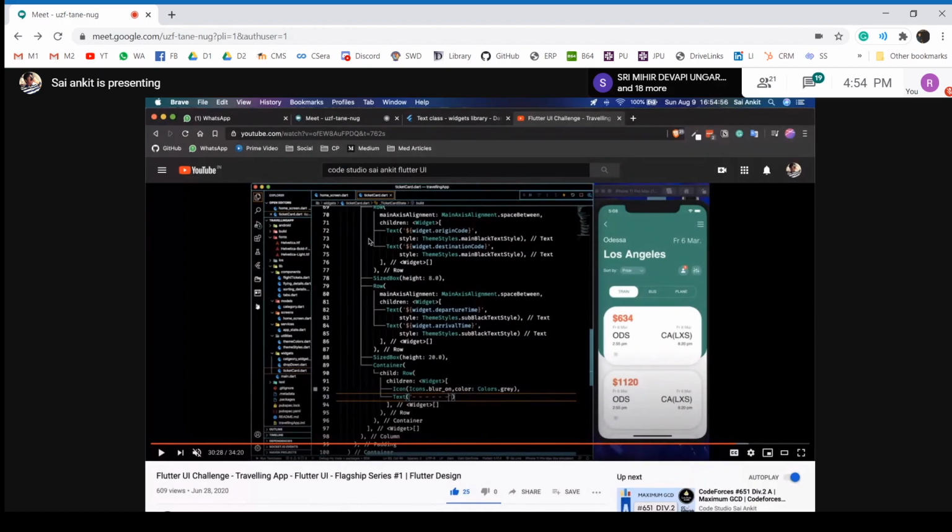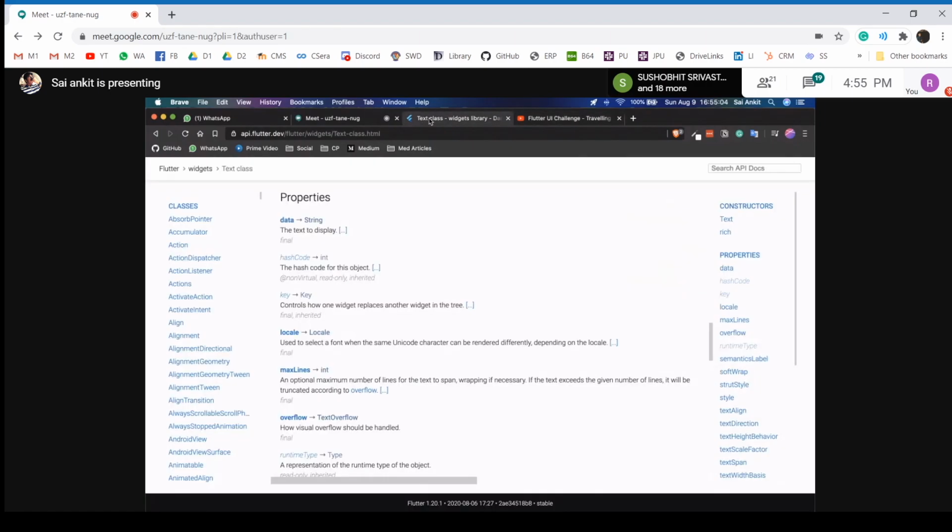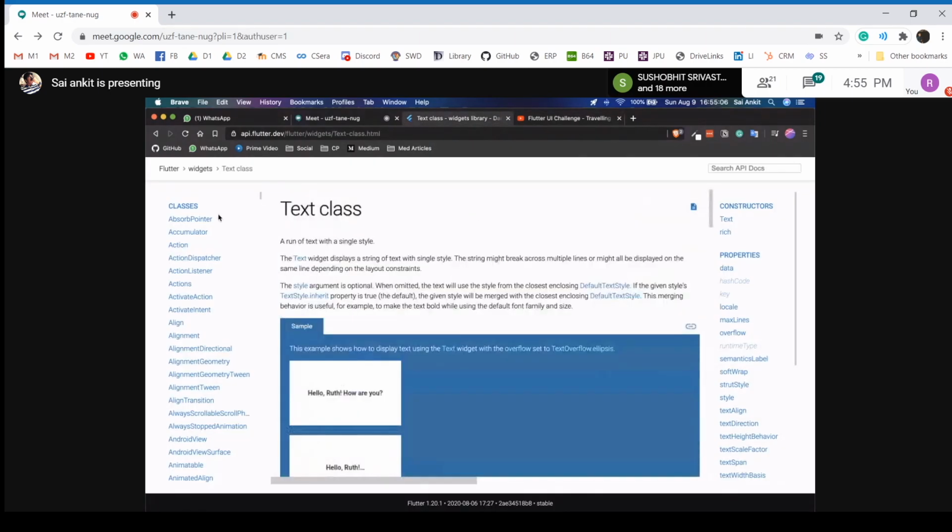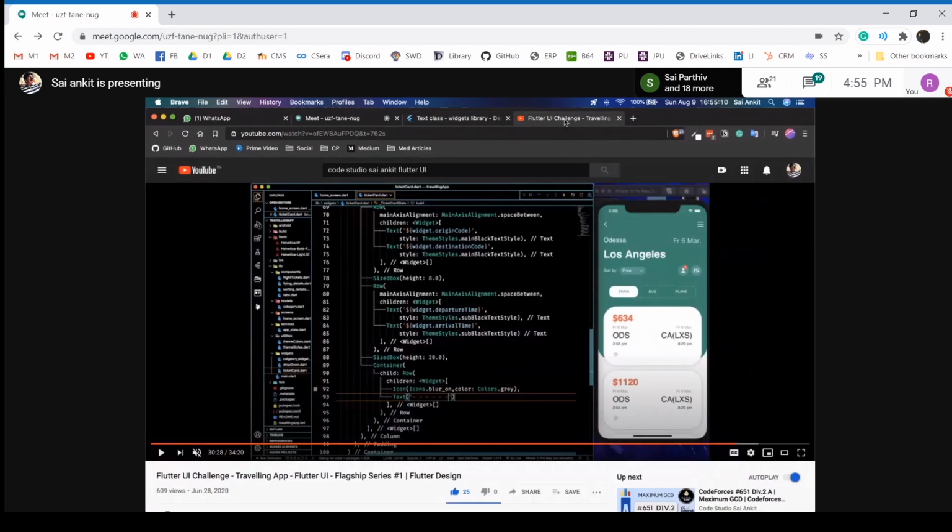So don't just start this Flutter series now. You just start with the basic stuff. So what I would suggest is go into the Flutter docs. You can read about the different widgets available on Flutter. You choose any. So what I would say, this was my first ever UI design I have done personally, when I was learning Flutter.